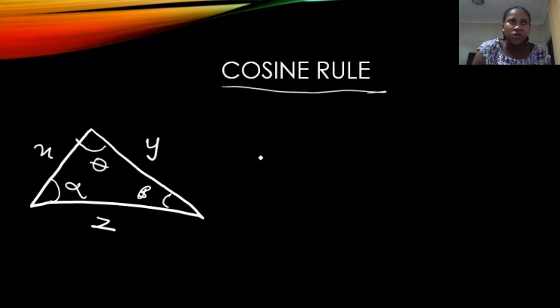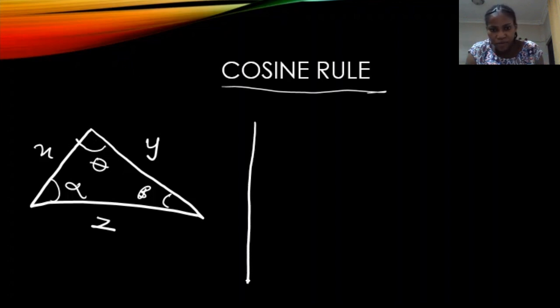When dealing with the cosine rule, just as we saw in the sine rule, that's Lami's theorem: the ratio of the sine of an interior angle to its opposite side is a constant. But the cosine rule goes deeper, or it's a little bit more complex, but with understanding, you get how to do it. Taking the cosine rule just means that the square of a side